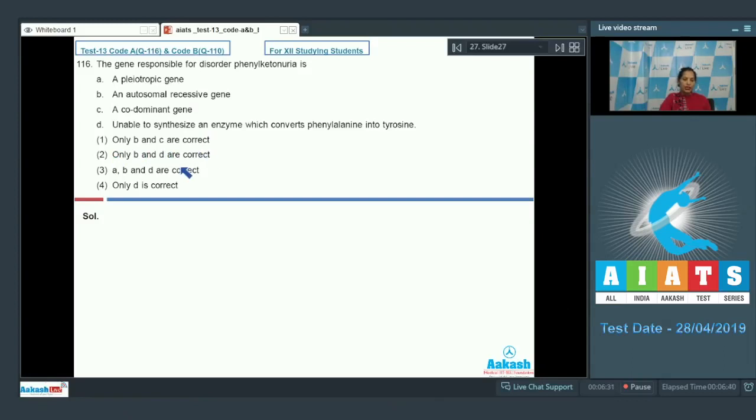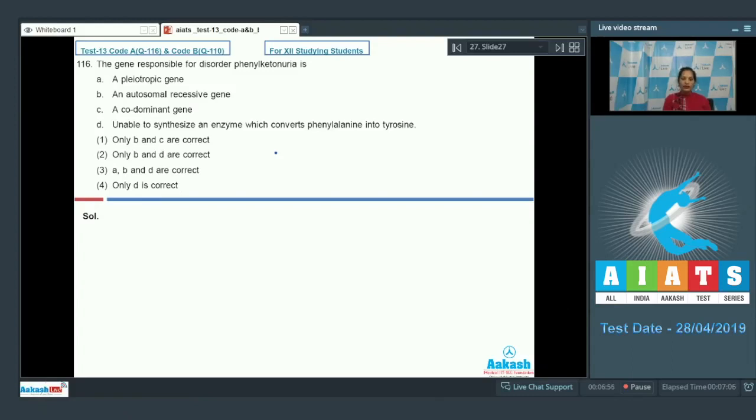Second only B and D are correct. Third A, B and D are correct. Fourth only D is correct. The gene which is responsible for the phenylketonuria is. What is phenylketonuria? Phenylketonuria is an autosomal recessive disorder in which an organism is unable to synthesize an enzyme called phenylalanine